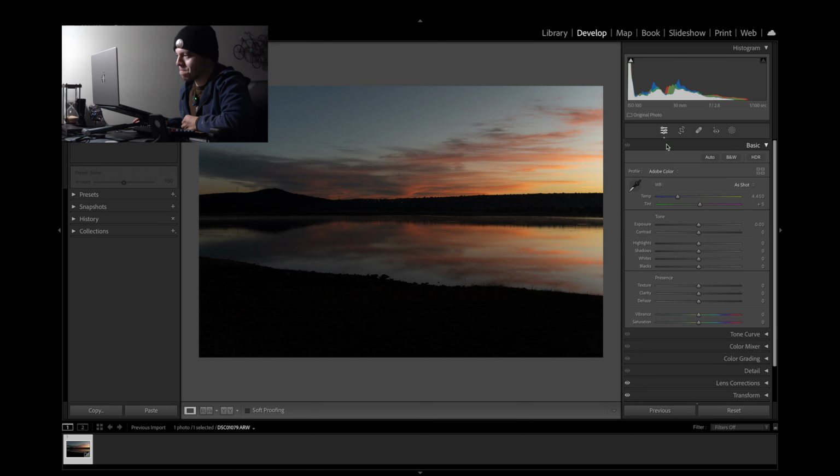Alright, so as far as temperature goes, the theme, how are we going to do this? I know for a fact I want to brighten up these dark spots, or these dark portions here in the mountains, and probably even here where the land is. But I'm not sure, because if we see from the histogram, the blacks are way off the charts. So we'll see. As far as white balance goes,